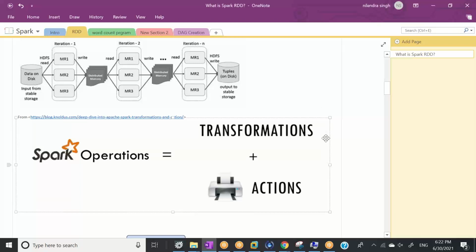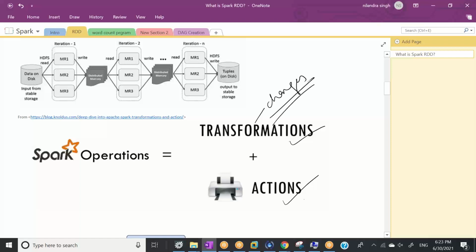Okay, so in Spark, we have two types of operations, right? When we talk about operations, what kind of thing can we do when we work with Spark? So the operations are basically divided into two categories. The first one is transformation, and the second one is action. It's very simple to understand. Transformation means whenever we need to do some changes onto the data. Transformation means when we want to do some changes, right? Action means when we need to have some result,